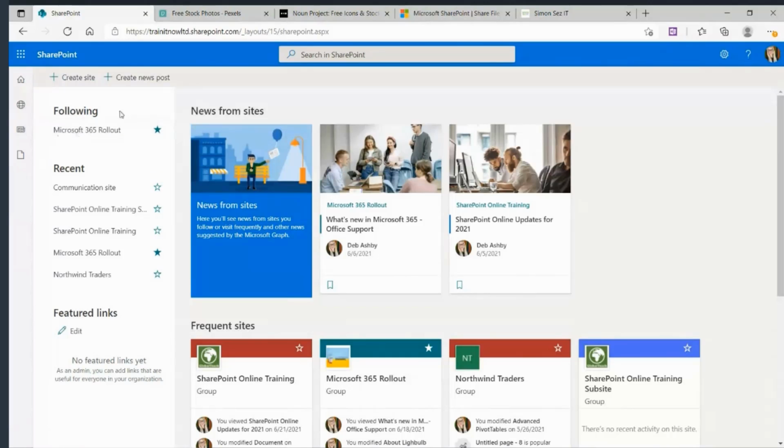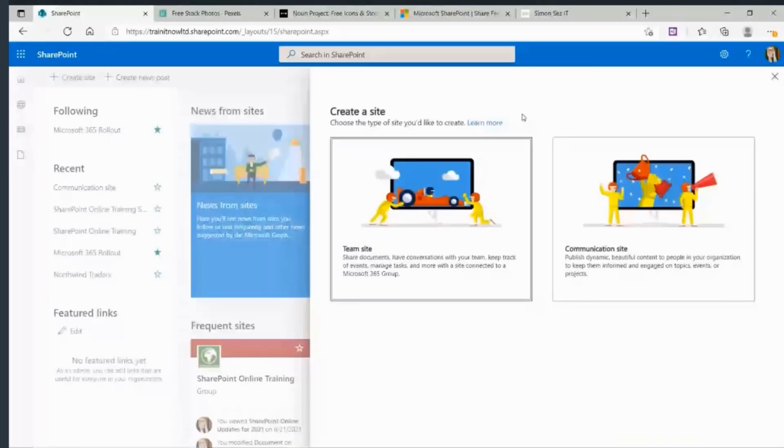Now, to do this, we need to work from the page that we're on right now. And if you take a look at the top, we have 2 links. We can create a site or we can create a new news post. So we're going to create a brand new site. When we come into the create a site page, we have 2 choices. We can create a team site or we can create a communication site. Now we're going to create a team site. So let's click this big